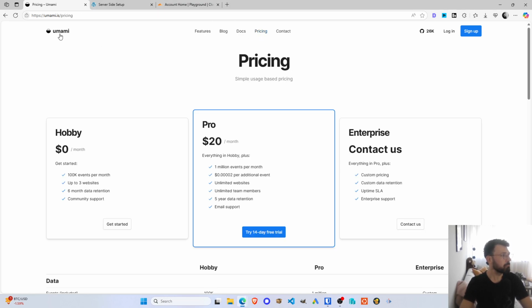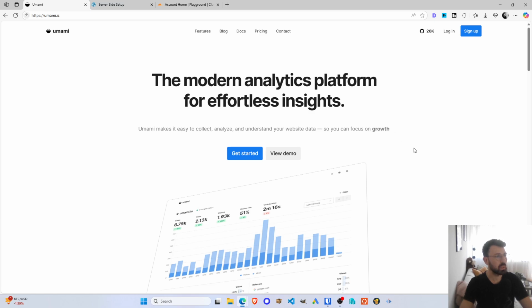So what I want to do today is show you how to create an account, how to set it up. We can do two things. I may do another video for this, but the first thing is we'll set it up normally, just copy paste the tracking code with Umami's domain. And the second thing we'll do is actually create a proxy using Cloudflare Workers rather, to serve the tracking code